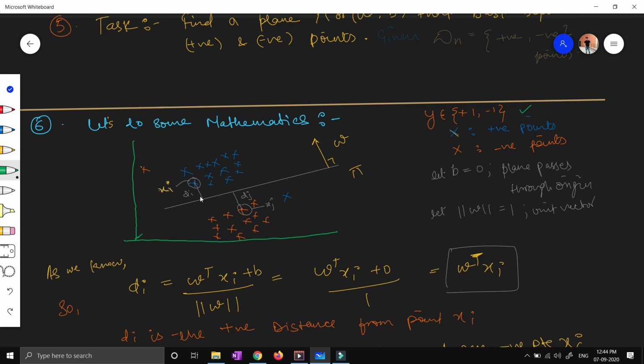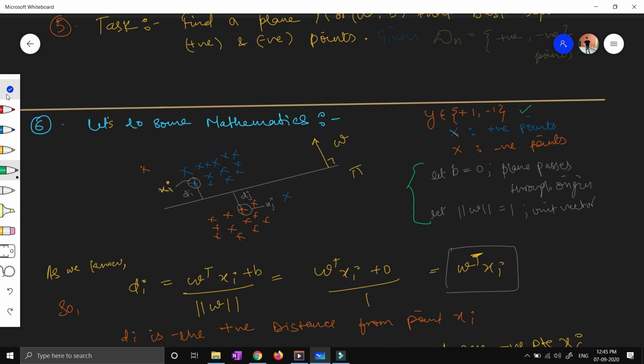All right, so you can see over here that my line is passing through the origin. So my b equals 0 and my norm of w is equal to 1, which is a unit vector. So we are assuming these two things to simplify our calculations. Blue stands for the positive data points and red stands for the negative data points. Whenever I say data points, it means the reviews, the features given to us in a data set, like this product is very good. If the product is very good, obviously it is showing a positive label or positive class. So I have written positive in blue and negative in red.